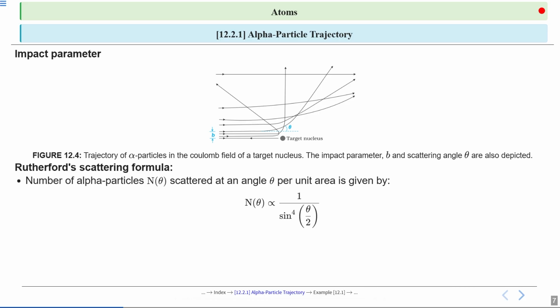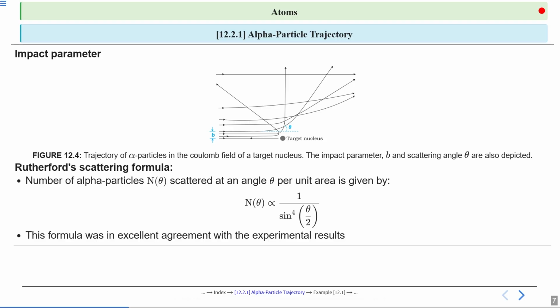Okay, if the angle of deflection is increased, meaning how many alpha particles are deflected at a particular angle theta, so theta is increased, then the number of particles for that theta will be very, very small. That means a large number of alpha particles are deflected at small angles, and very few alpha particles are scattered at large angles. So if theta is 30 degrees, sine 15 degrees is about 0.26 and sine raised to power 4 of 15 degrees is about 0.0046, making N(theta) much larger for small angles than for large ones.